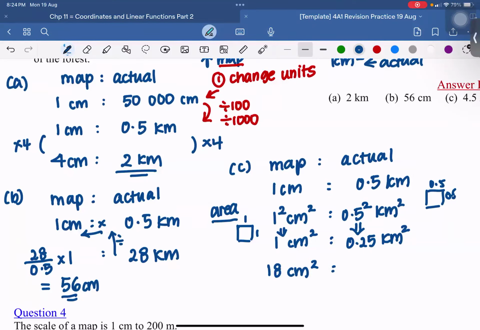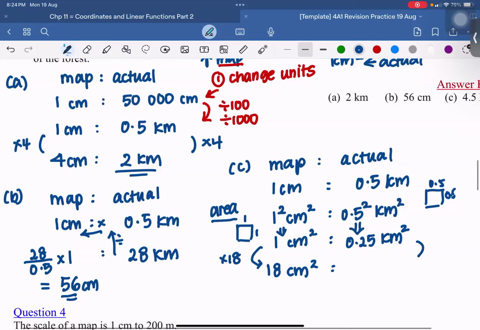Then this one, just nice, 1 cm to 18. I just need to multiply by 18. Okay, then I just multiply. So 0.25 times 18 gives you the number 4.5